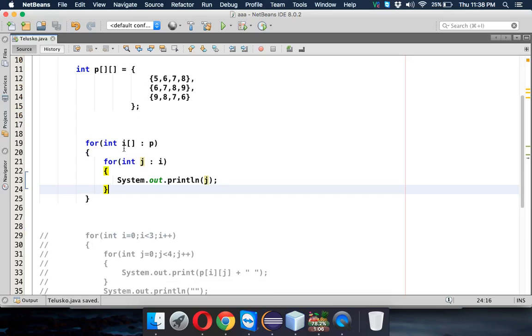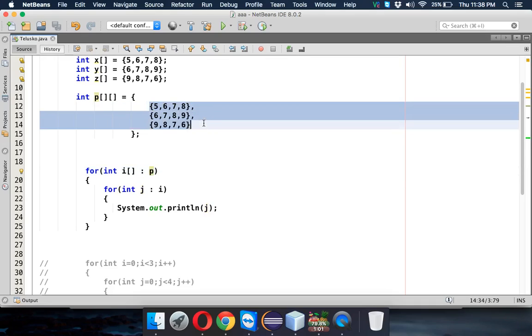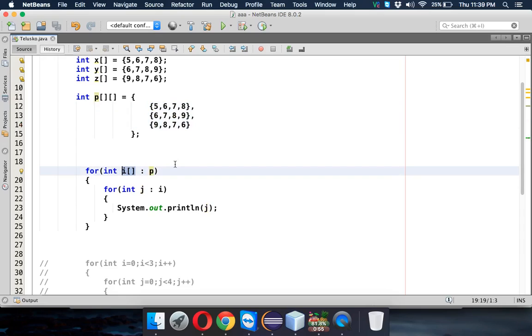So if you compare this, let's make a quick revision. So we have P here. In P we have 3 arrays, which is a two-dimensional array which has multiple arrays, and then we are fetching values. So when I fetch the first value from P, it will not be an element, it will be an array. Second array and the third array. So when I fetch, I'm fetching the array, and every time I fetch this array, I have to again run a loop which will take this value of j from I, and then we are printing j.